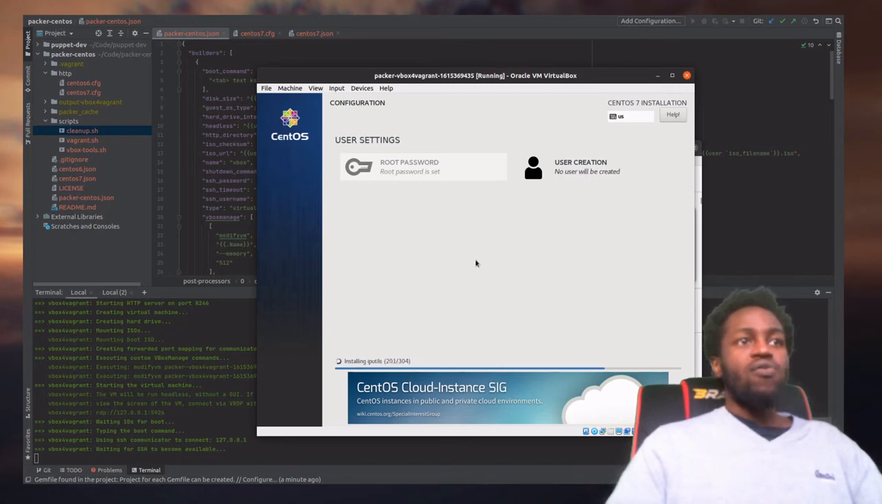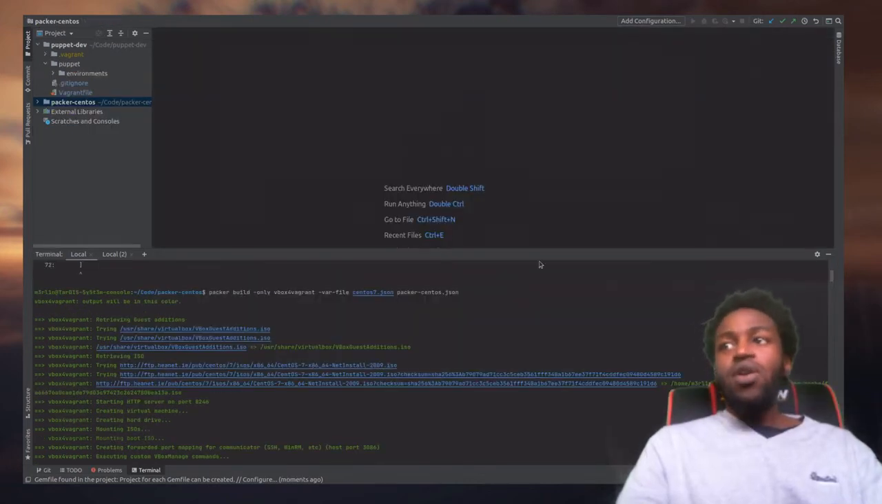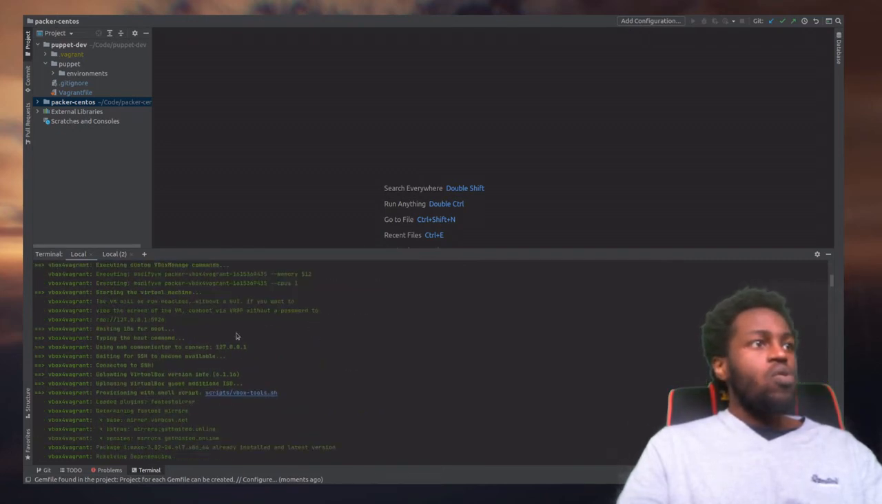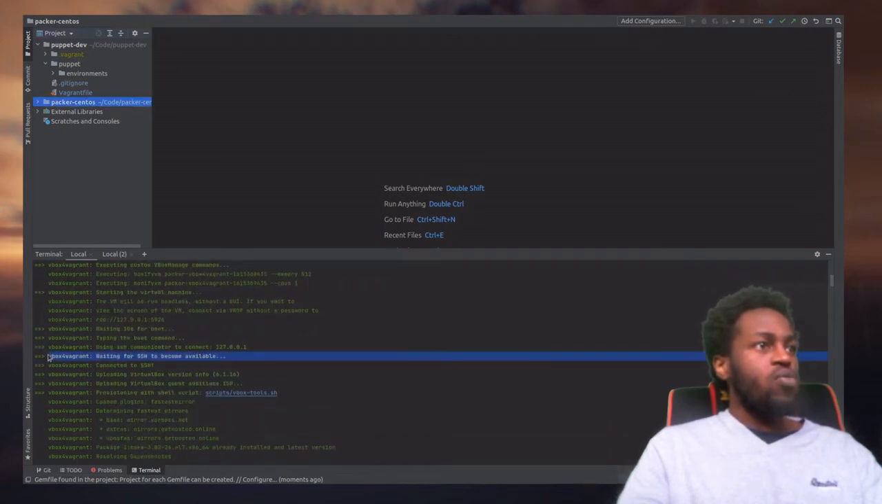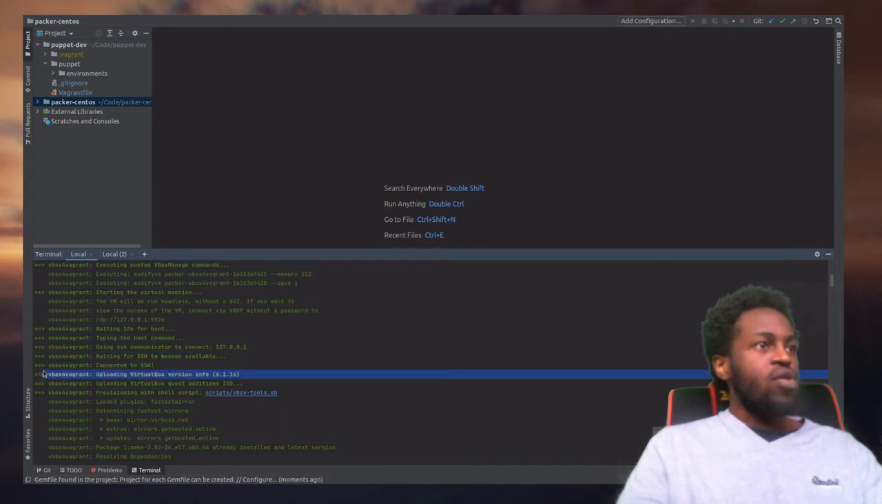So just wait for that to finish up. In relation to Vagrant, you can see here that we've actually managed to finish waiting for the SSH connection as it was before. Then it connected to SSH, and it just started doing a bunch of things, such as uploading